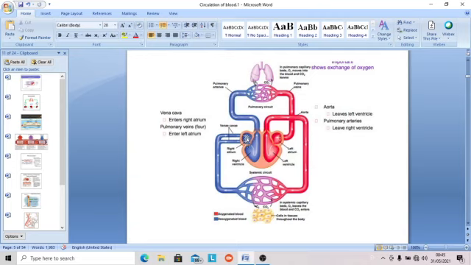From the superior and inferior vena cava, blood comes freely into the right atrium and from there to the right ventricle during the ventricular filling phase. As ventricular contraction starts, the valve will close. After some time, the pulmonary valve will open and the blood will go to the pulmonary artery and lungs. It is getting oxygen there, with removal of CO2, and it becomes oxygenated, red color. So the oxygenated blood enters freely from all pulmonary veins to the left atrium.